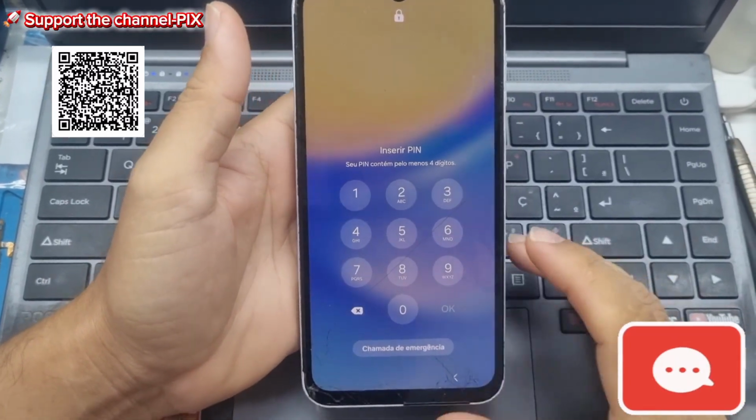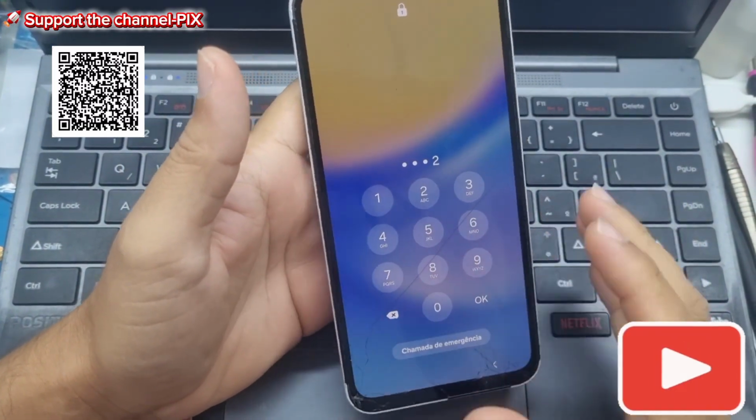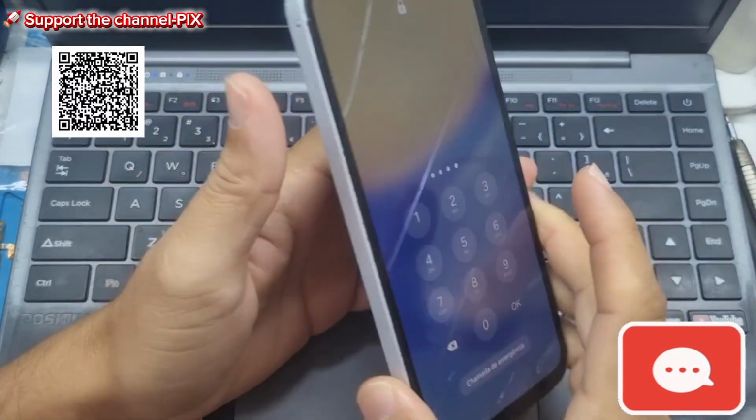In this video, I want to show you how you can unlock the pattern lock screen on your Samsung A15,